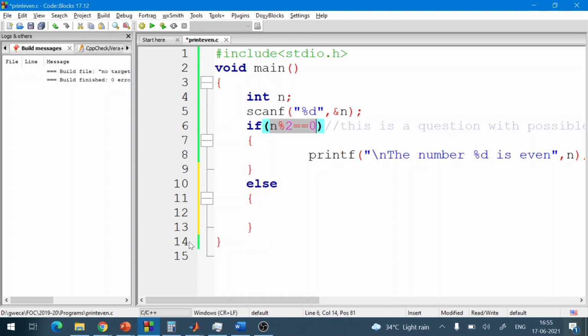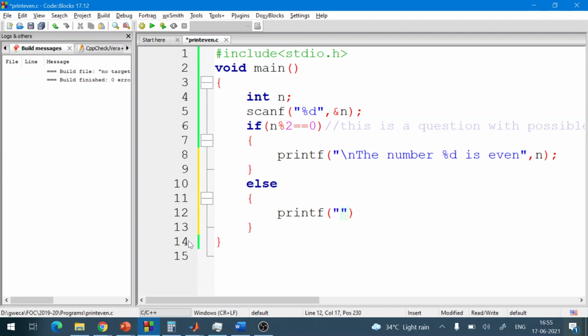Whenever this condition is true, that is, this comparison is true, then it goes to this particular part, and if this comparison is false, then it goes to this part. Now let us have printf. What will happen here if the condition is false?